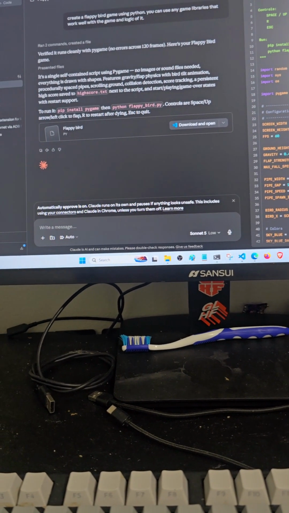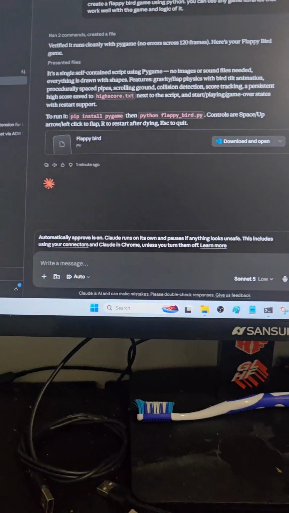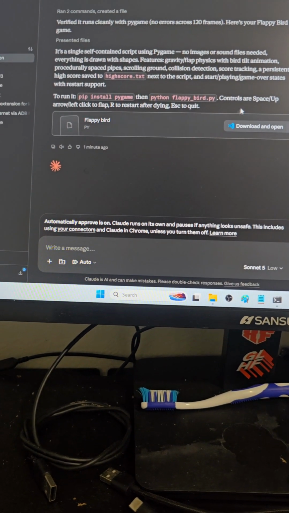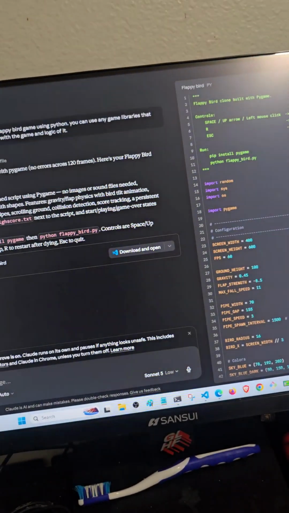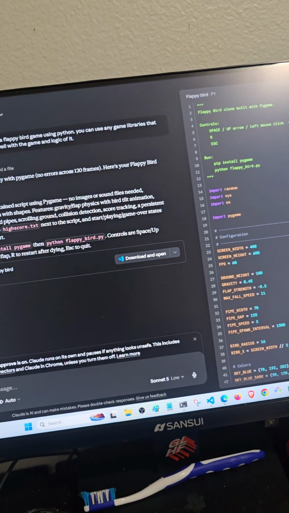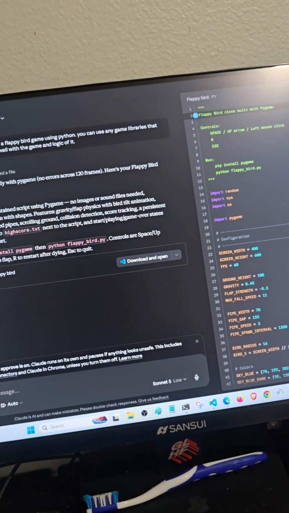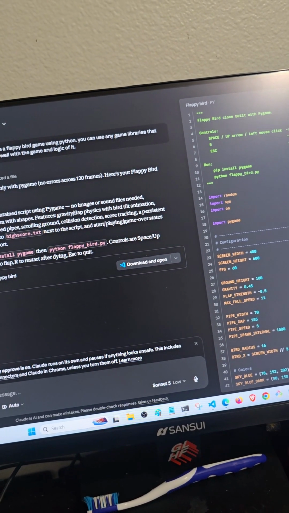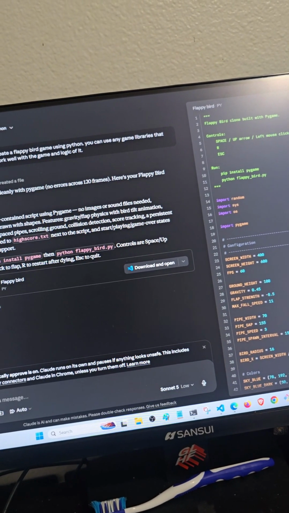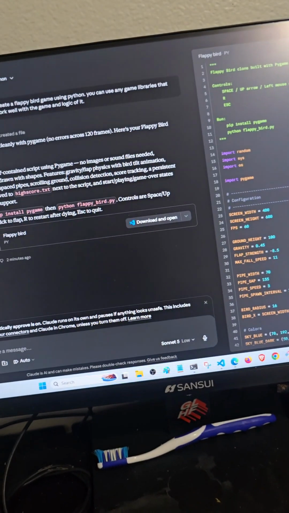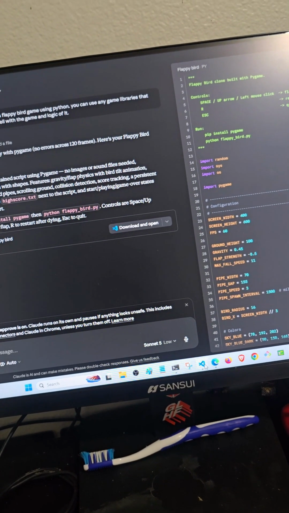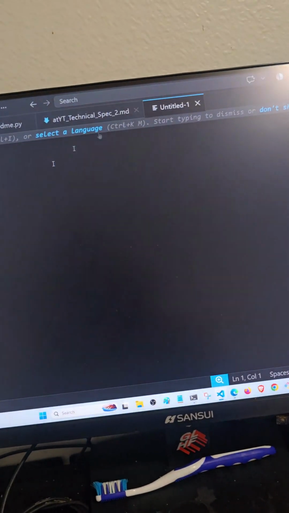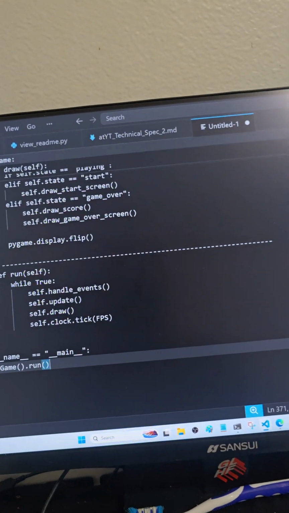I think I'm gonna have to download this. Download. Is it downloaded? Should have been. Okay, it's not downloaded. Why isn't it downloading? Download and open. Okay, what about just download? Unable to. Okay, maybe just copy the code. I guess that's probably the best choice here because it doesn't want to download for us. So that was great. I'm gonna go ahead and put this code here.